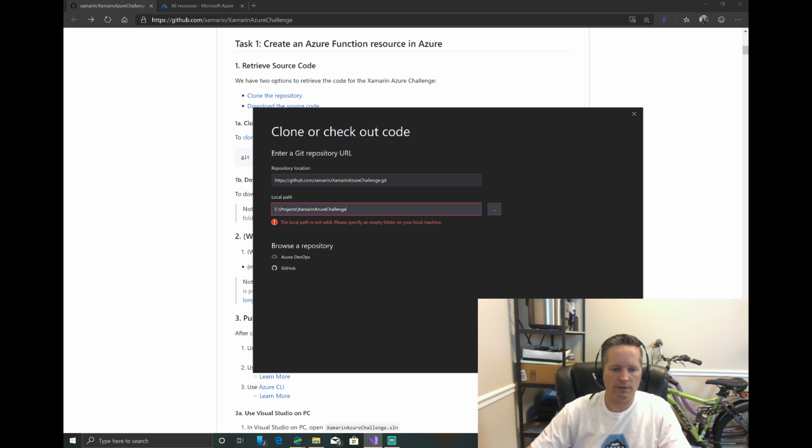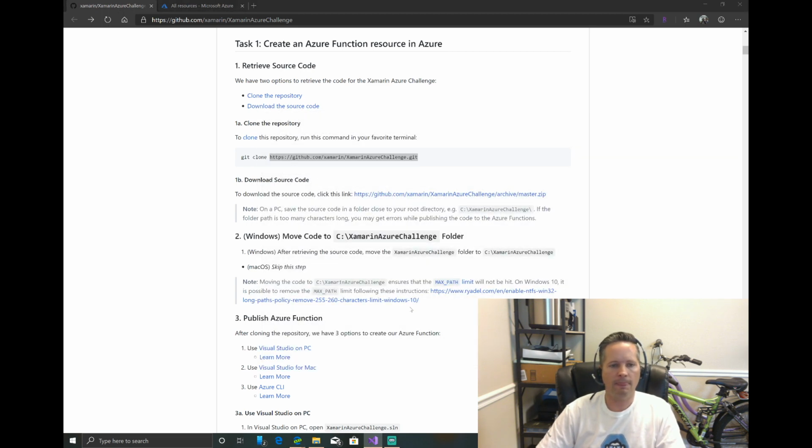I'll put, let's see, you know what, because I already set this up over here. Let me just remove this real quick. Give me 1 second. There it is, Xamarin Challenge. I'm going to just rename this. I started to do this already, and then that's when I ran into the problem with not having the Azure components installed. So I wanted to start the video over. I hadn't got far into it. So there we go. I just renamed the other one to .old. So we're good there. We'll clone this